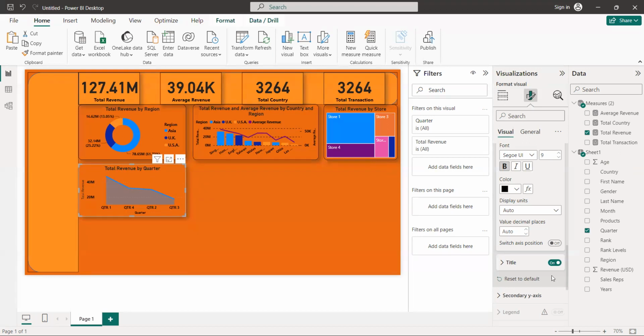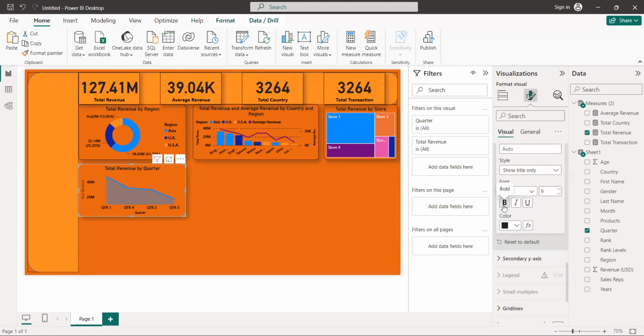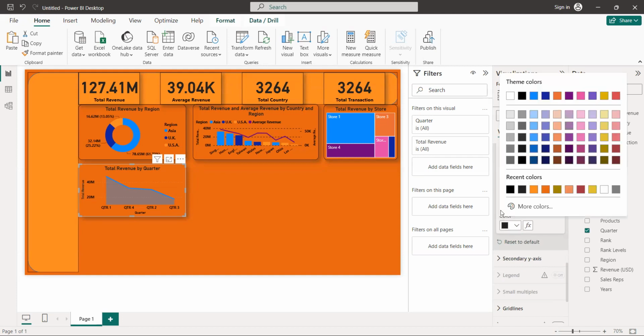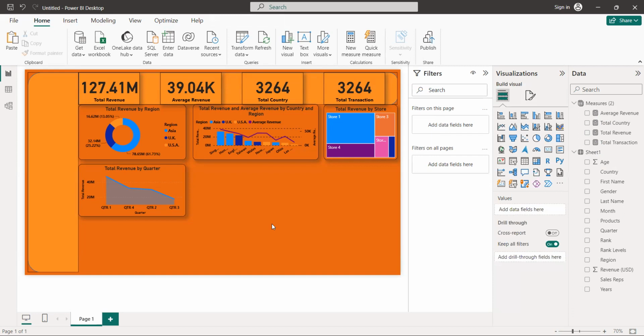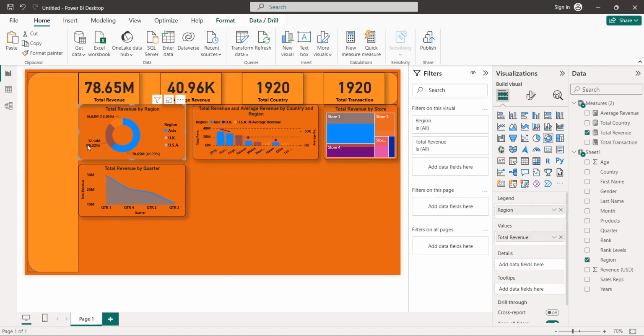And the title the same way: bold, and black. Look, guys, how it looks. It looks perfect, right? So if you click anywhere,